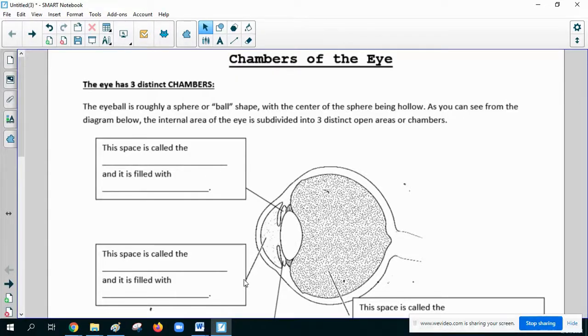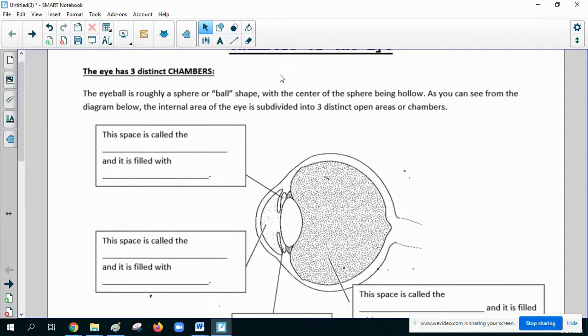Hello students, today's video lecture is on the anatomy of the eye, part 2. Be sure that you have already watched part 1 so that you're not lost while I'm going over these a bit more advanced structures. Okay, so previously we have learned that the eye is made of 3 layers, and this section